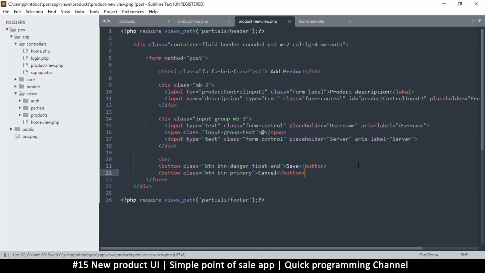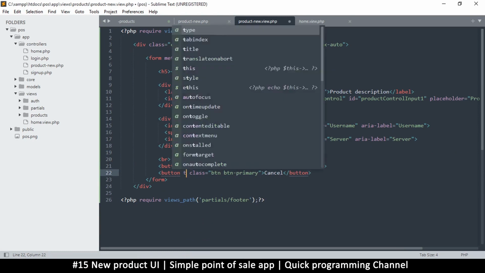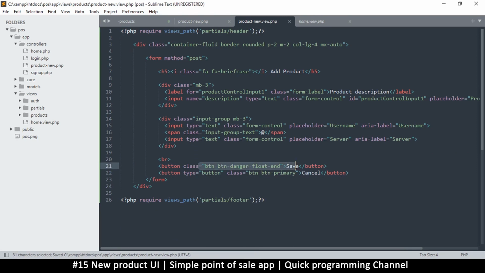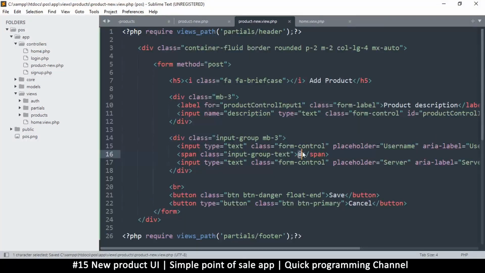What else? The cancel button should not be a submit button, so let's change its type to button. That way when we click it, it doesn't submit, but this one will submit, the save button. And then let's change things here. The at becomes price,